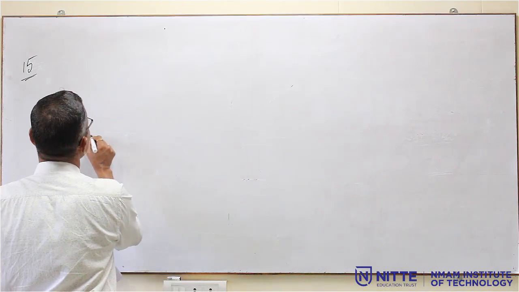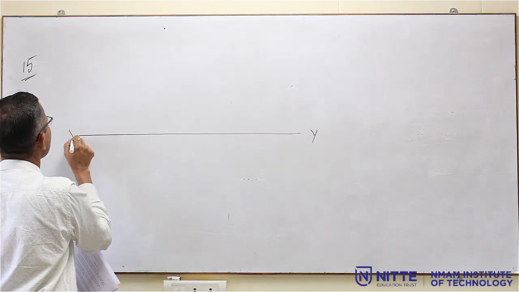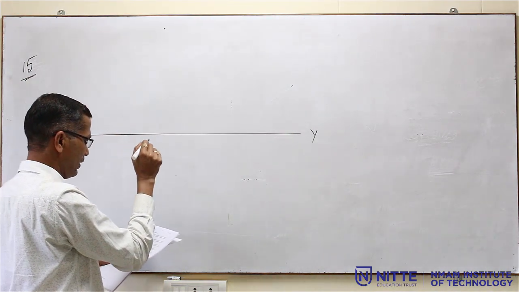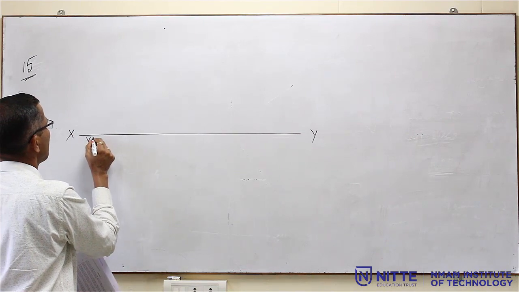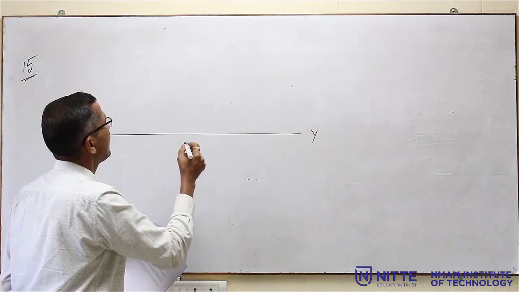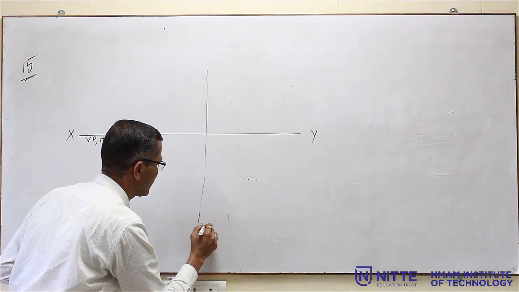So, it is a fourth quadrant problem. So, we prepare for the fourth quadrant, XY. They are not mentioned about RPP and LPP, so we can take anything. I will take the RPP only. So, this is x1 y1,